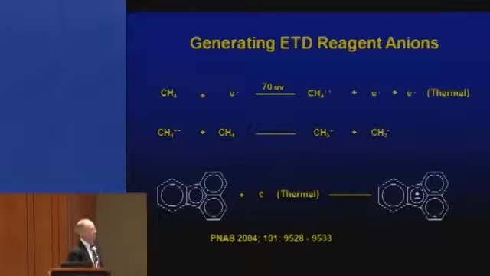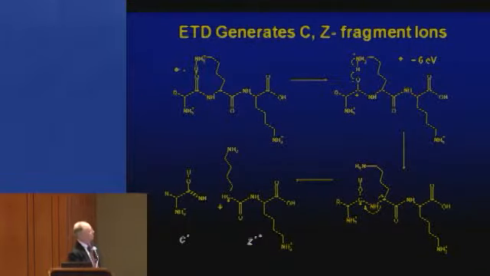Okay, so how do you make electrons work inside a linear ion trap? You use chemical ionization in the gas phase and bombard gases with electrons, and that makes thermal electrons. And then if you throw in an aromatic hydrocarbon, this is a particularly good one, it captures the thermal electron and makes a radical anion. And now you can use that as a reagent inside the mass spectrometer. And if it walks up to a positively charged peptide, this is not an electron now, it's the radical anion of fluoranthene. It walks up and transfers the electron in the gas phase to the carbon-oxygen double bonds, eventually abstracts a hydrogen and produces a radical, and the radical then triggers fragmentation on either side of the amide bond,